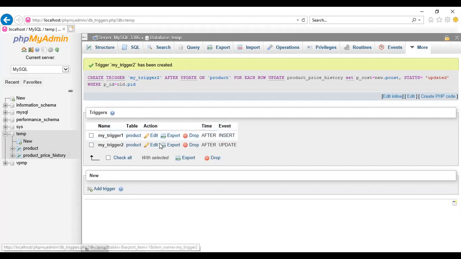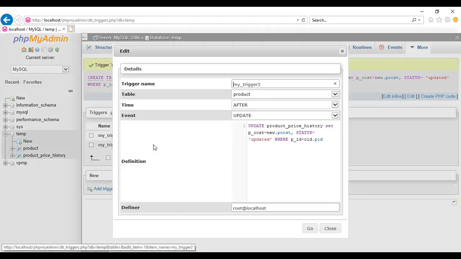If you want to change something, apply the action Edit. From here we can make some changes and apply Go.